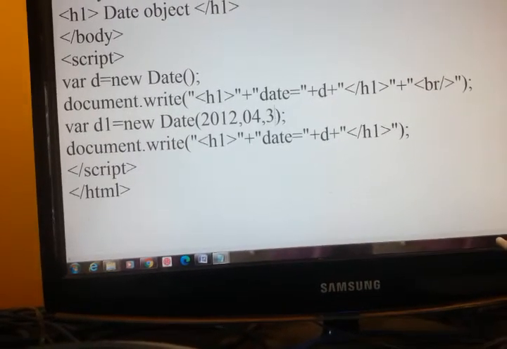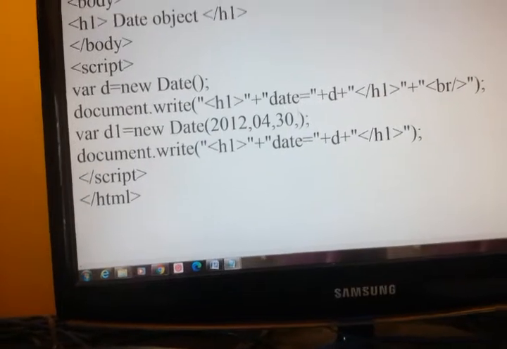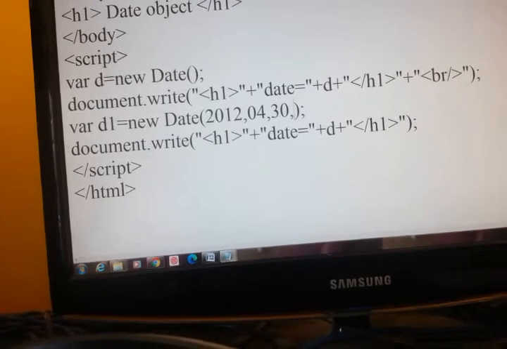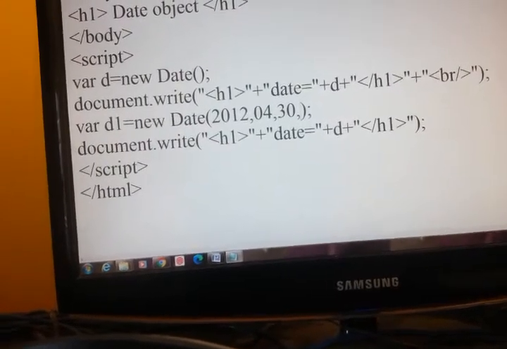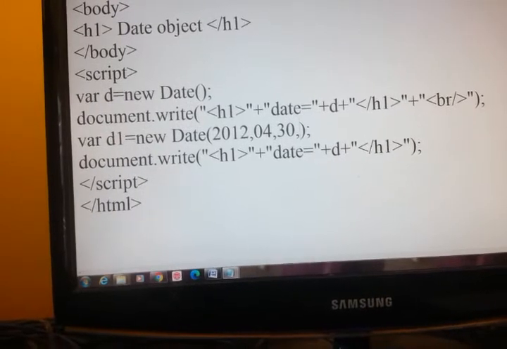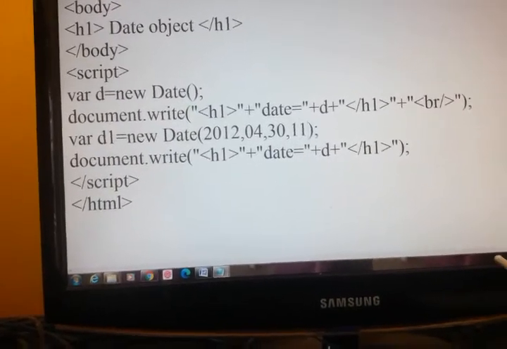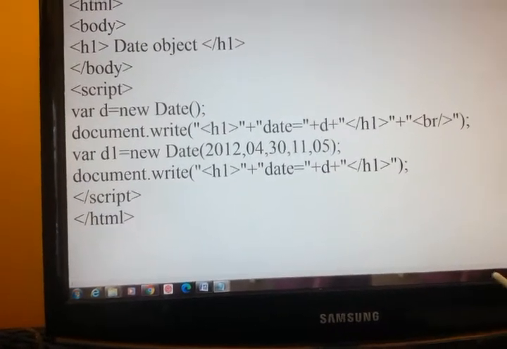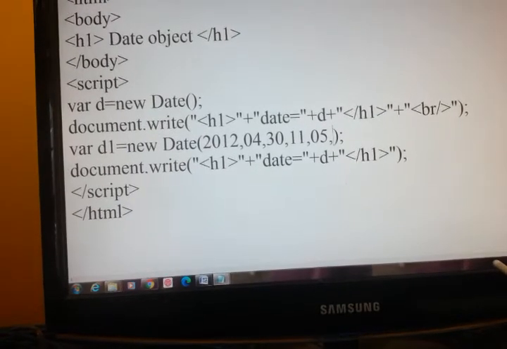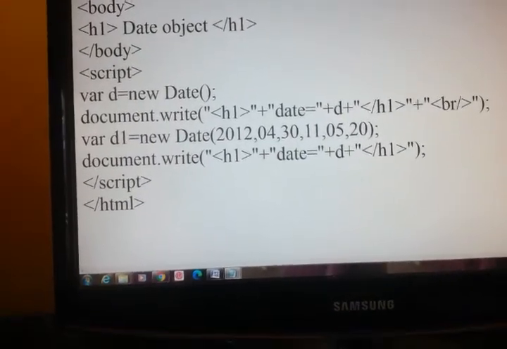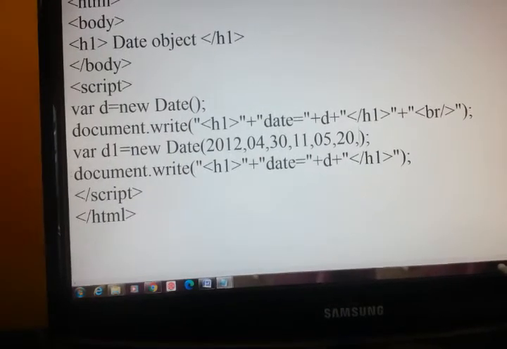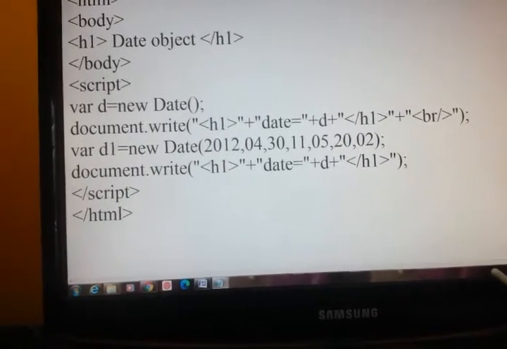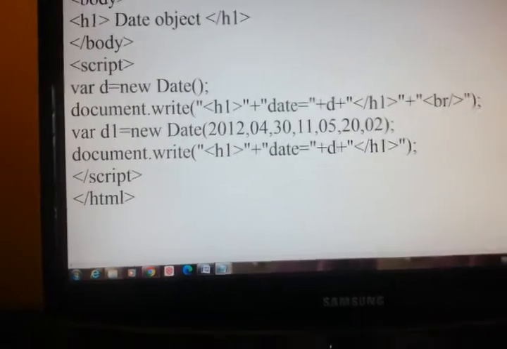Then date I will give 30. Year, month, date is over. Next hour 11, then minute 5, then second, then millisecond. If you give like this, what happens we will see.